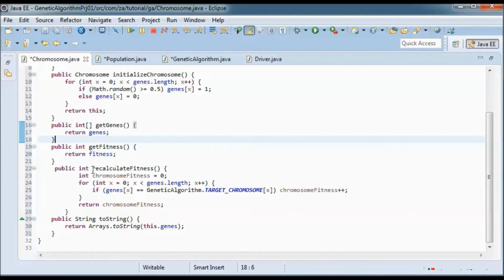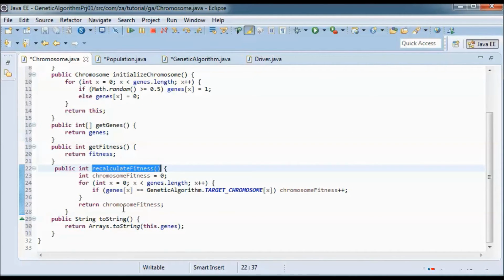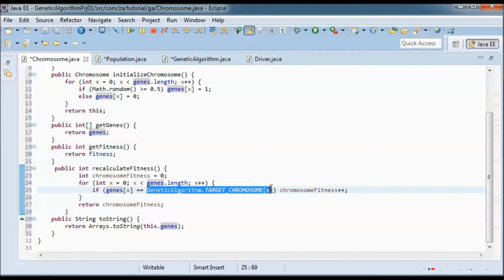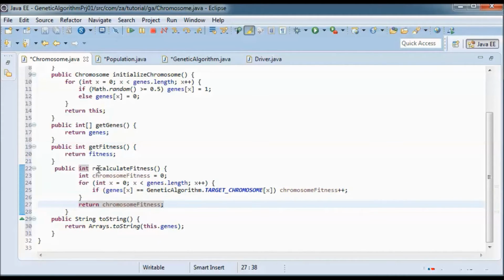recalculate fitness, that compares each gene in the array of genes to the genes of the target chromosome, and adds 1 to this chromosome fitness each time we have a match, and then we return the chromosome fitness.